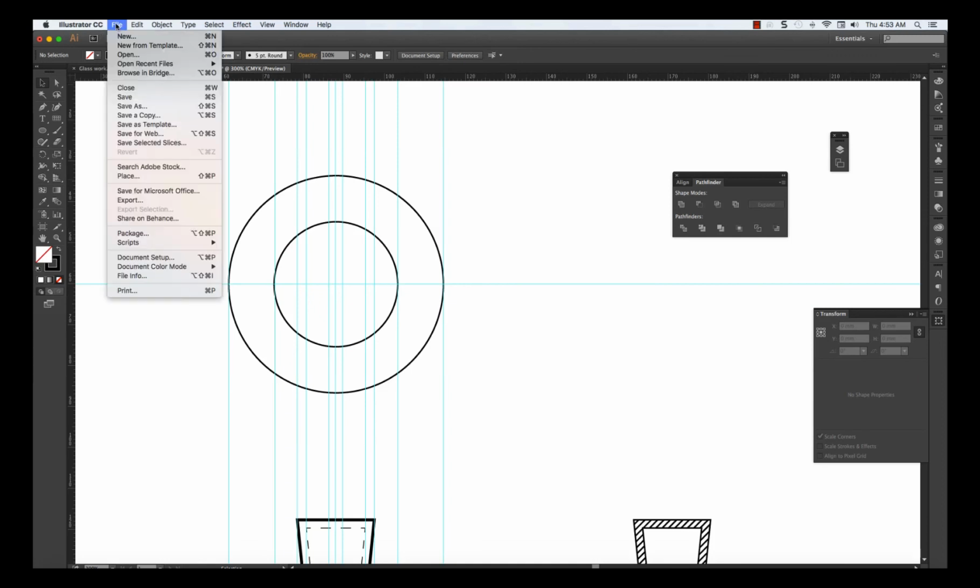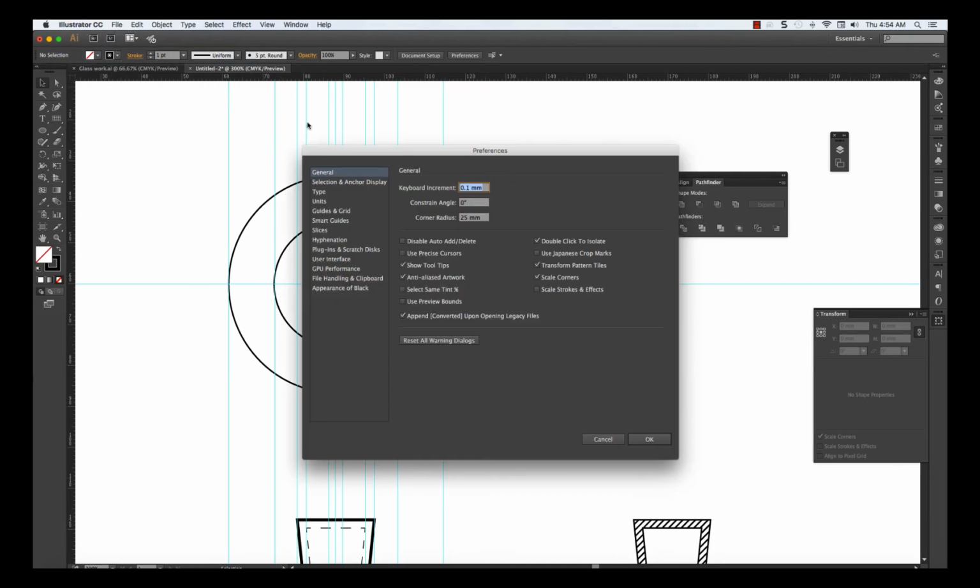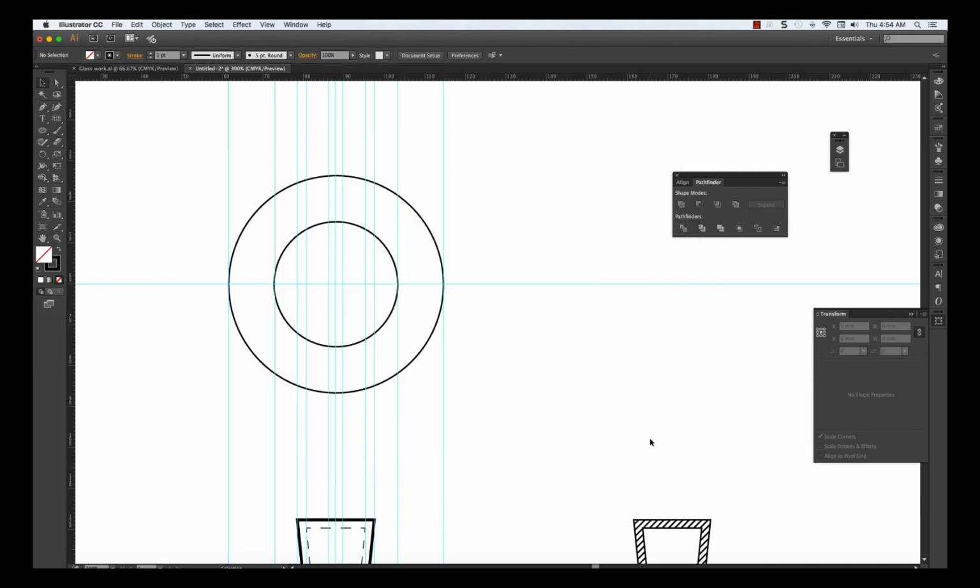Now remember, the incremental shifts by default are relatively chunky, really, for the things that we're doing. So if you go to, where do we go? We go to Illustrator, Preferences, General, and change it so it's 0.1 of a millimeter in incremental shifts that you make, rather than, I think it's 0.3 something or other. Okay, so let's do the next one. Command C, Command F, and let's go to the dialog box, and again